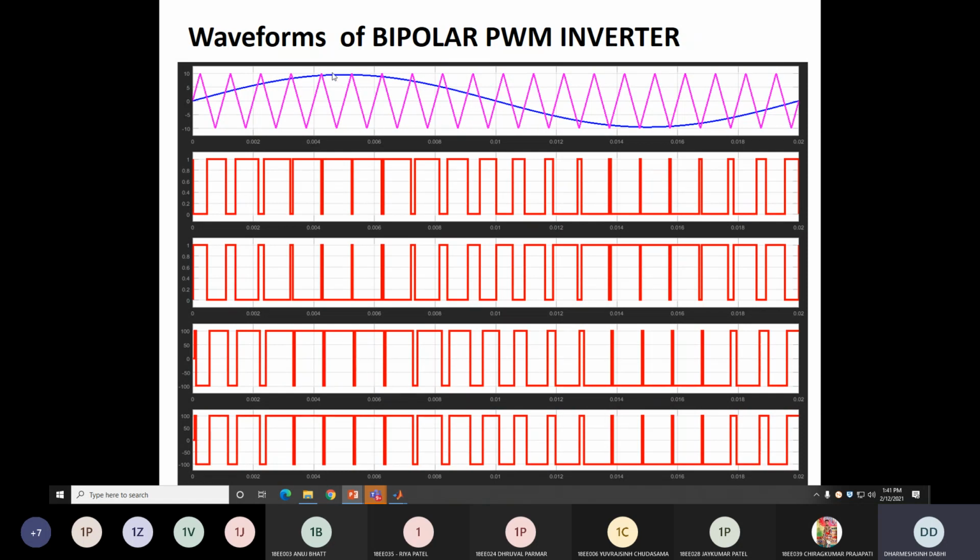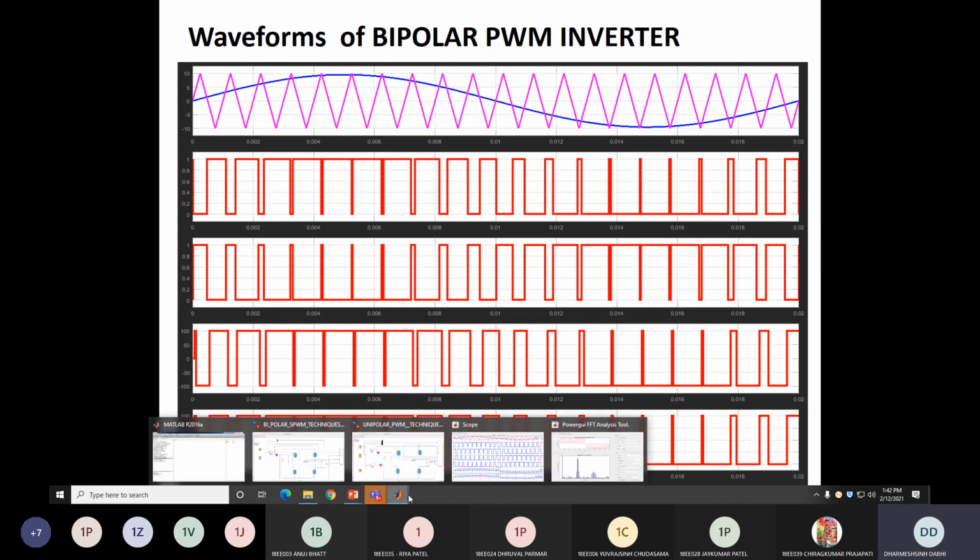So it gives more output voltage for a long duration. As you can see, the number of switching instances increases as the peak of the triangle is nearer to the peak of the sine wave. But suppose the peak of the sine wave is much lower than the triangle wave, say half of the triangle wave. What will happen? The gate pulse duration at omega t equal to 90 degrees that you get is for a small duration of period.